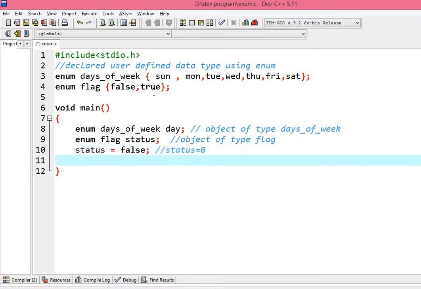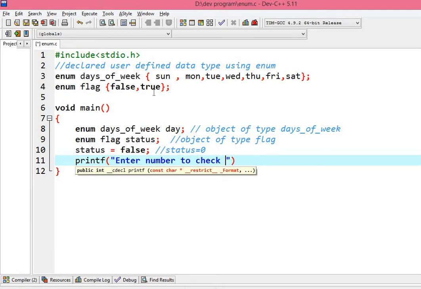Now, how can I use this as a Boolean data type? Let me give you one message over here: enter a number to check whether it is even or odd.